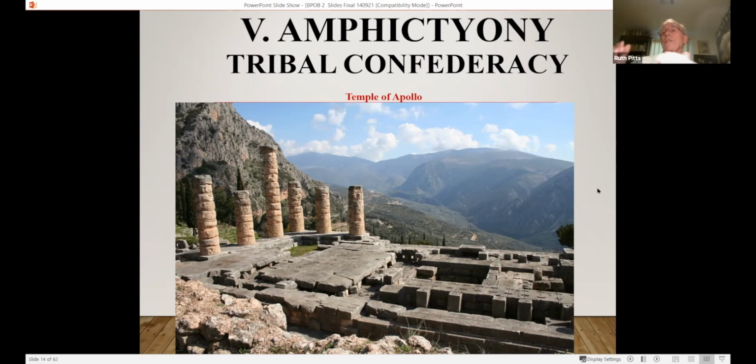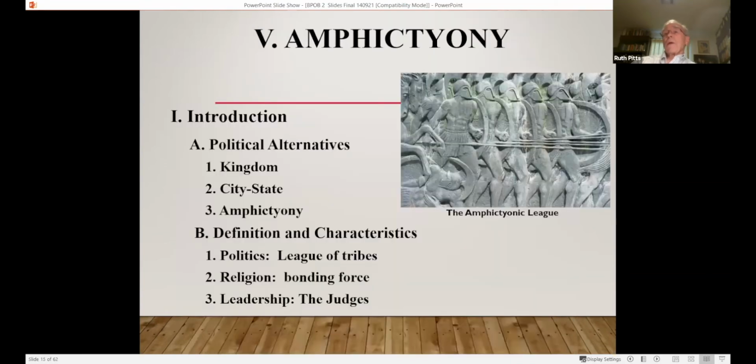And the amphictyony idea comes from Greece because the Greeks early on stayed very, very much local, separate in their politics, but they would come together for certain needs, mutual defense and that sort of thing. So modern scholars will use this term as a way to describe the confederacy of these 12 tribes. All right. So what are your alternatives coming in?